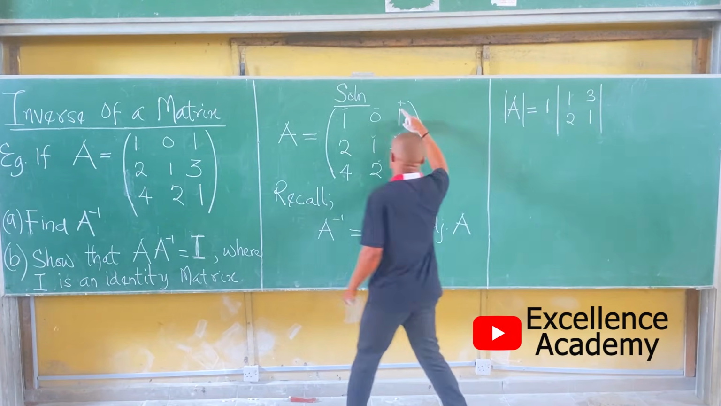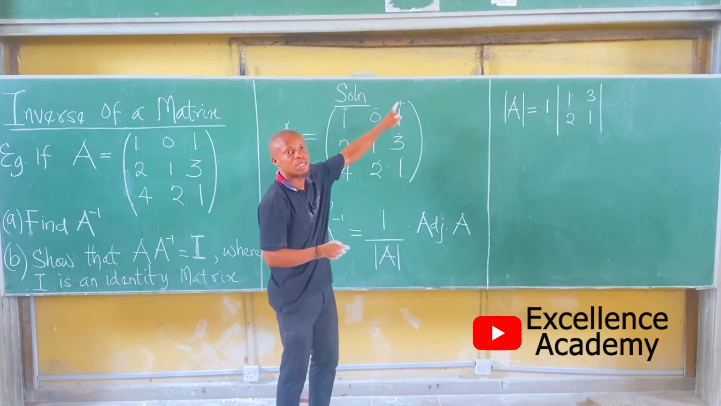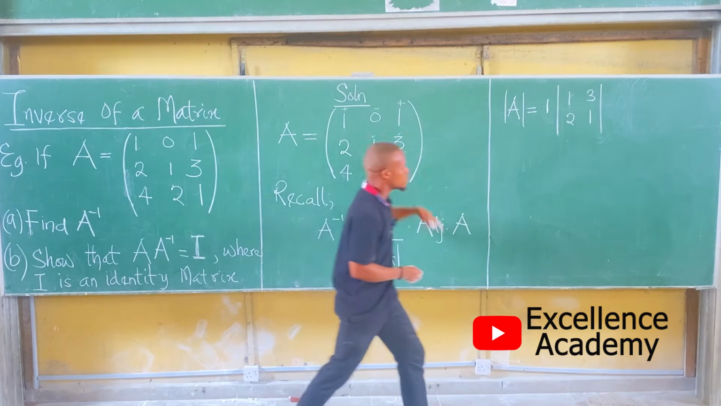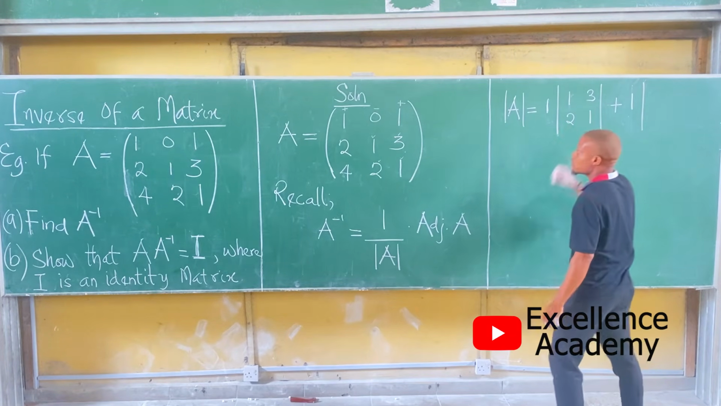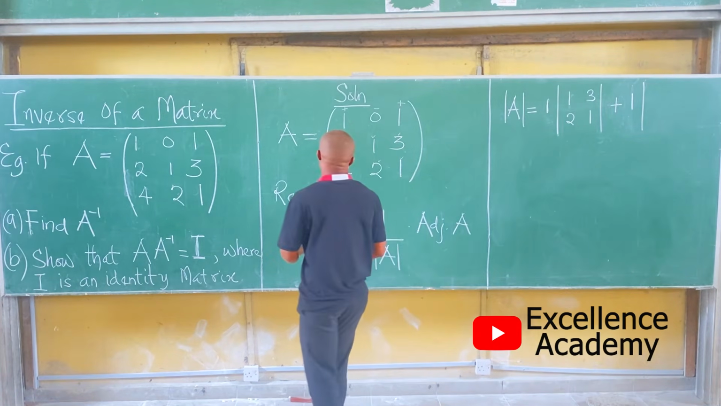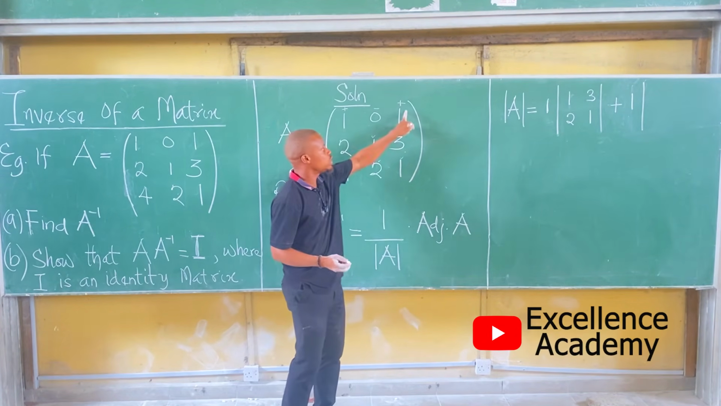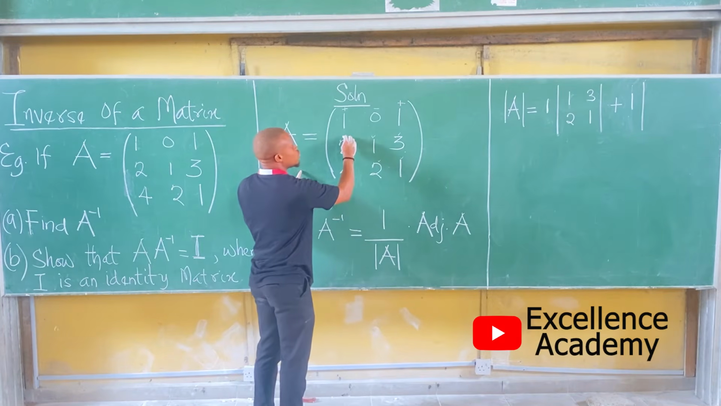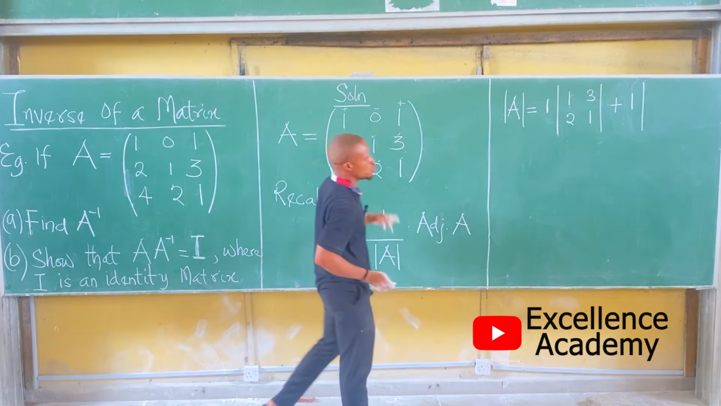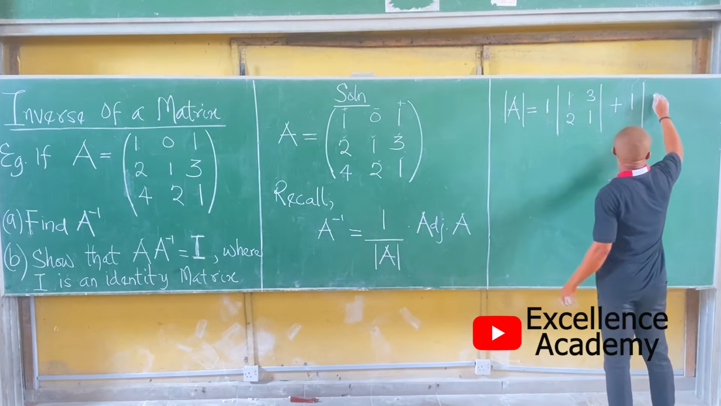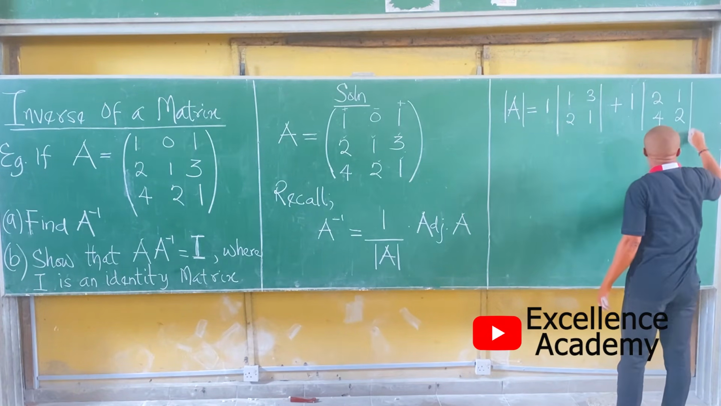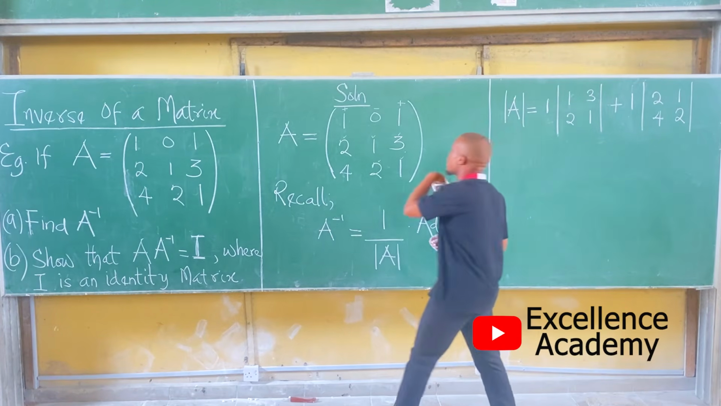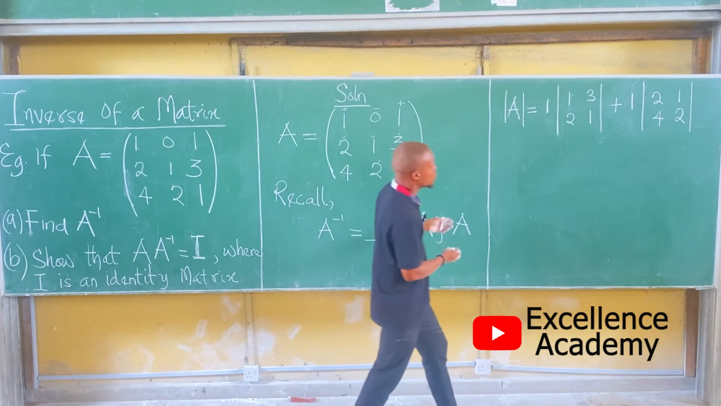Okay, next up, let's go over to the next element there, which is what? A plus 1. Cover the row and column on which it appears. So I'm covering this and this. Therefore, I'm having 2, 1, 4, and 2. Okay, therefore your determinant becomes